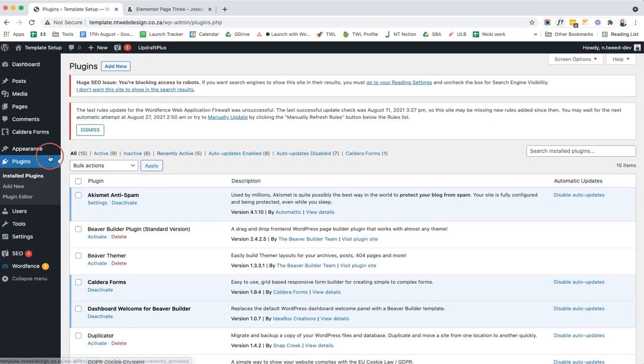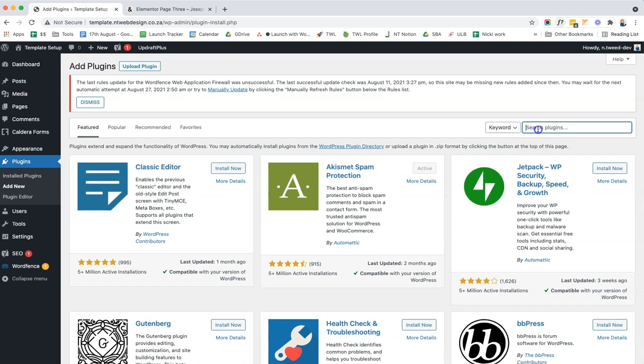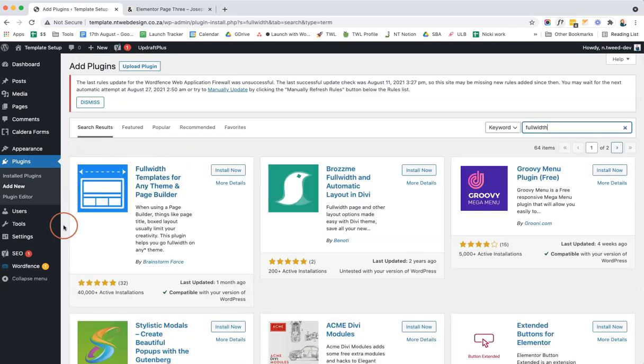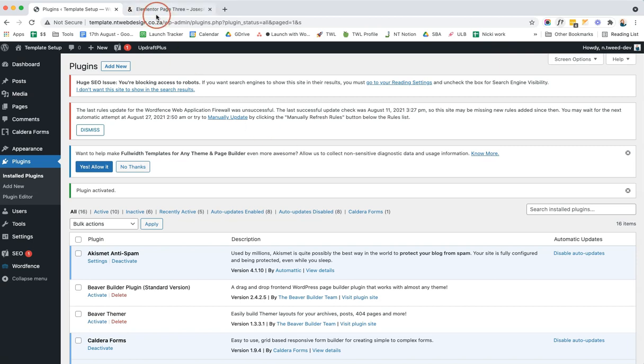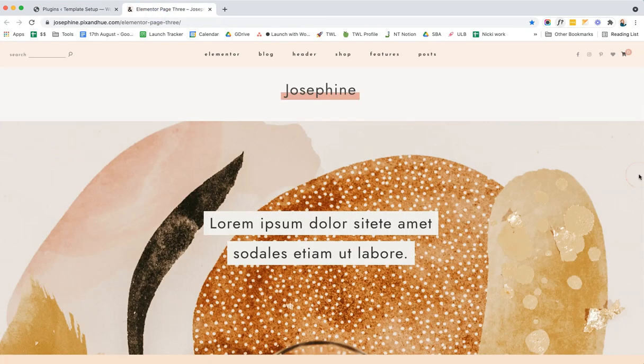Templates. So once you're in your plugins, you're just going to click on Add New, and you're going to type in here Full Width Template. And this is the plugin that we are specifically looking for. So we are going to click Install Now. And then we are going to activate this plugin. So this plugin is just going to allow us to create this full width kind of layout that we have